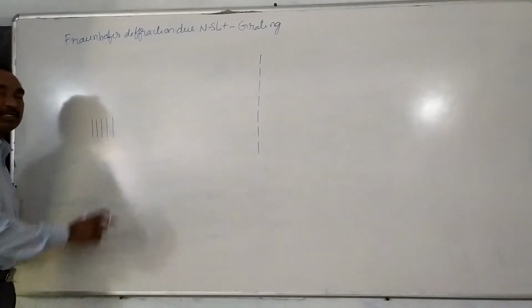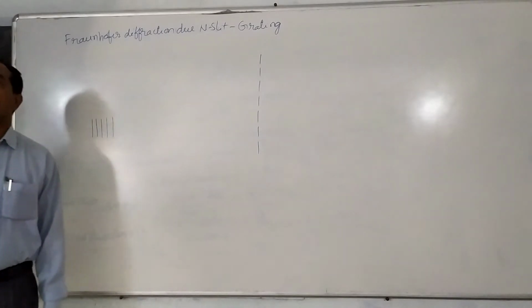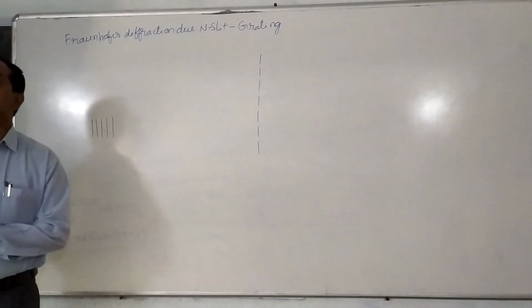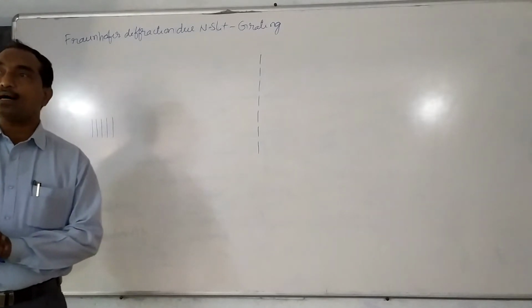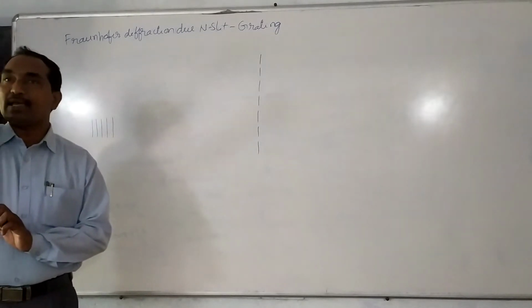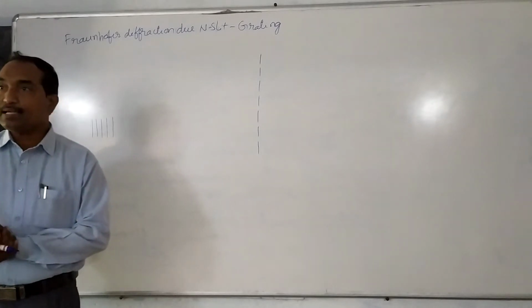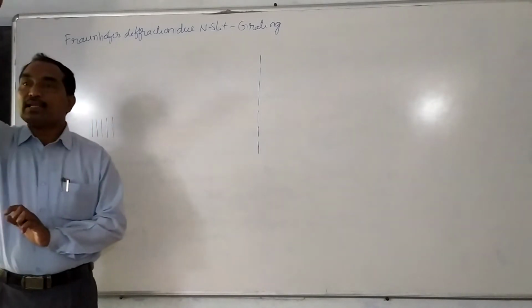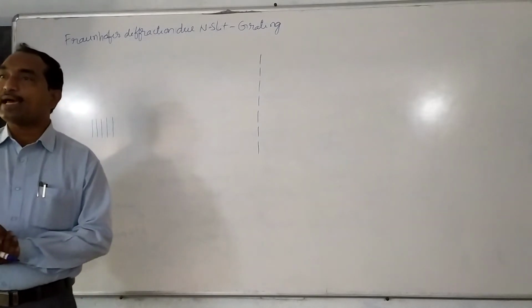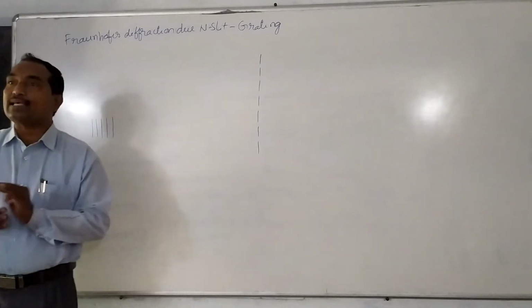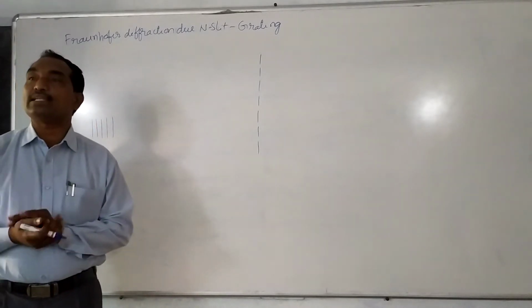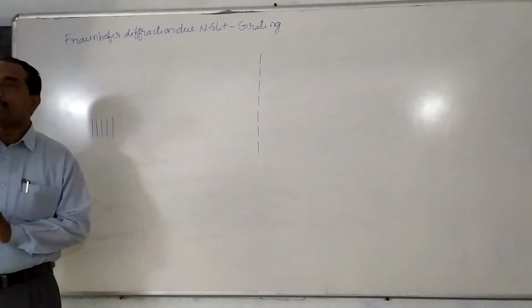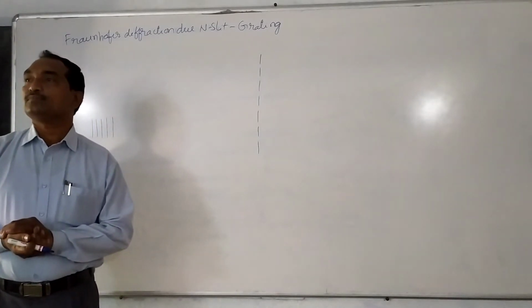Fraunhofer prepared this grating by using strings kept at equal distances. Different strings are kept at different places at equal spaces, and that system is used as a grating. Nowadays, a transparent material like glass is used. On the glass, by using a diamond point, they draw a number of lines. Where they draw the line is opaque to the light, and the space between two lines is transparent.